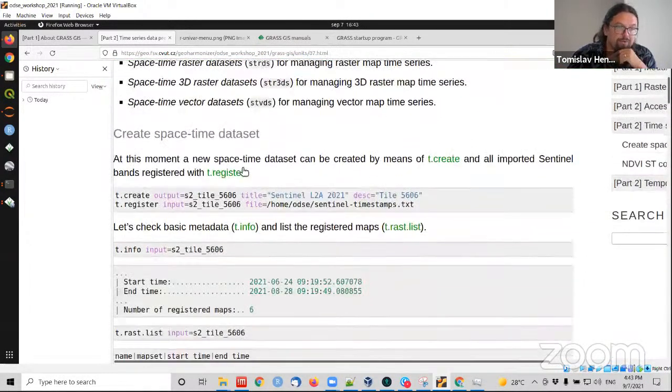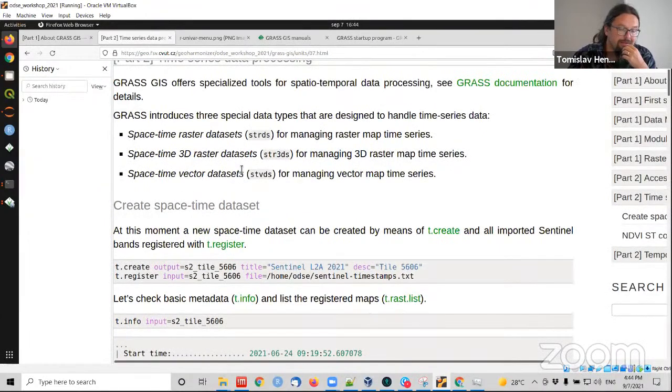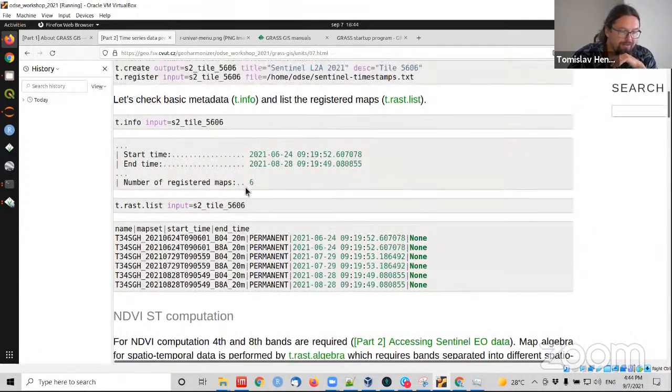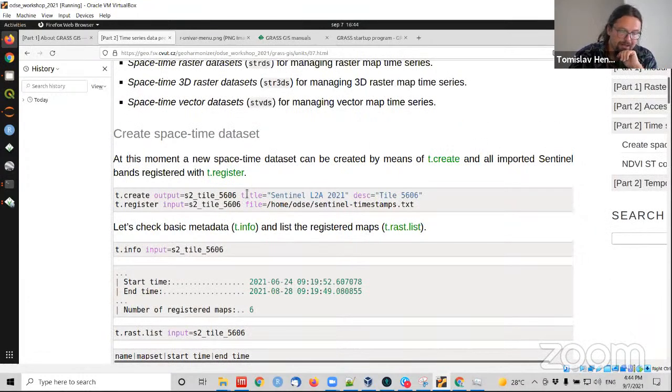So GRASS is supporting temporal data processing. There are special data types, which are called Spacetime datasets. GRASS is supporting raster data, 3D raster data, and vector data. So if you have a time series of raster data or 3D raster data or vector data, you can process it by the t.* modules in GRASS. So let's create a Spacetime dataset. Normally you create a Spacetime dataset empty by t.create,